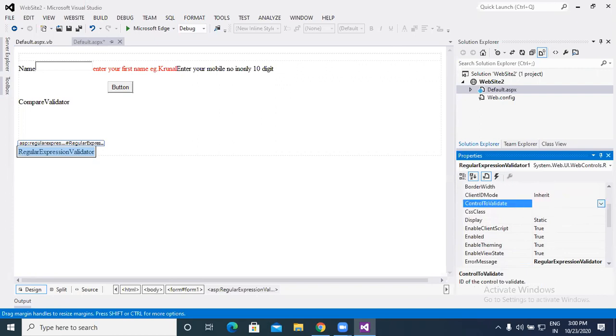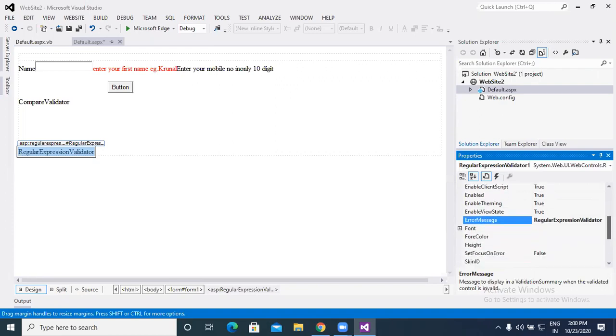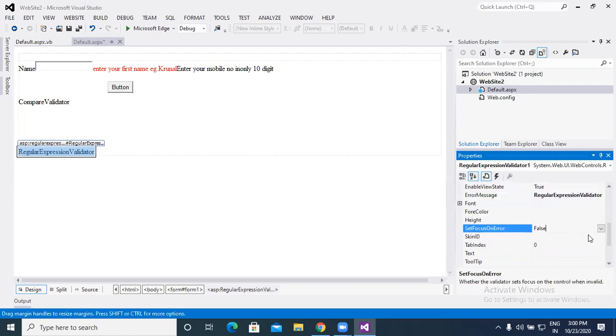Then control to validate, where we can set one control. Error message, we can display the error message with the help of it. Set focus on error, we can apply true, basically compulsory.